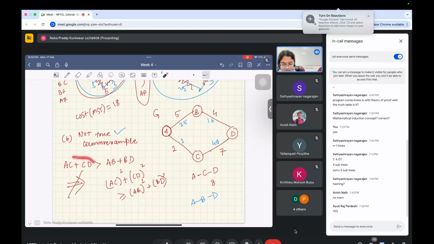Earlier you were checking whether the sum of these two distances is greater than these two distances. Now you're checking whether the sum of squares is greater or not. So it's because it fails here, this is not true. That's why you can come up with a counter example like this. I don't know if that makes sense, but